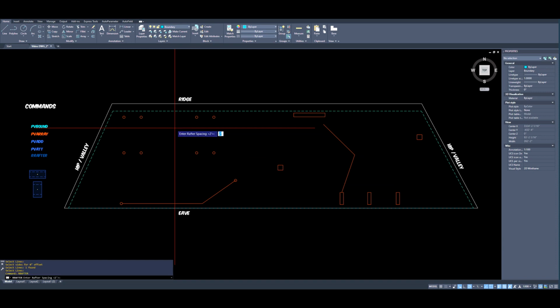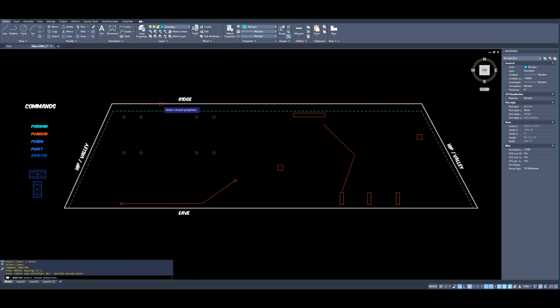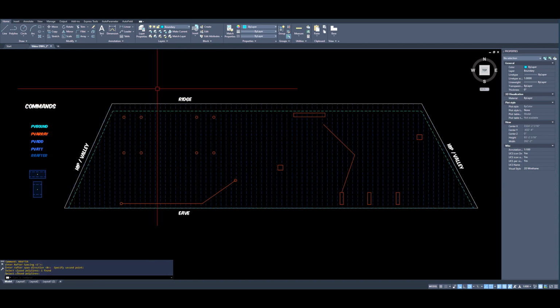RRafter, 2-foot spacing, directions, pick 2 points on the ridge, select the polyline, enter. We're going to go with